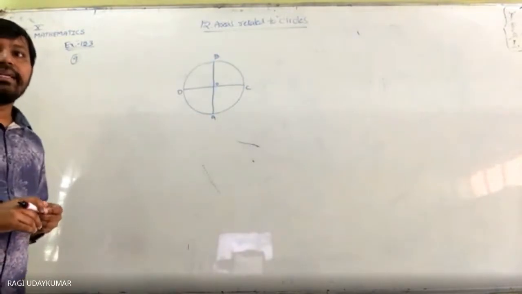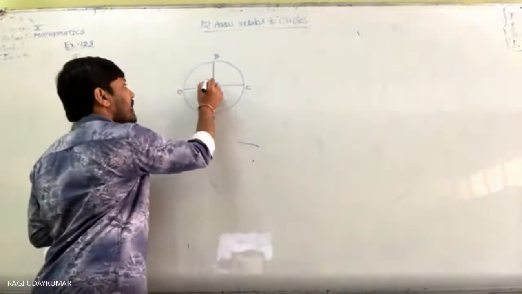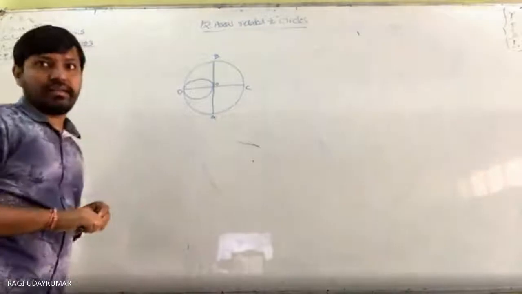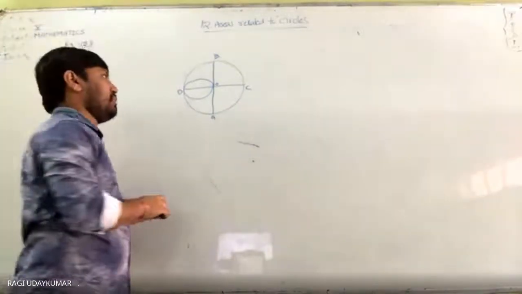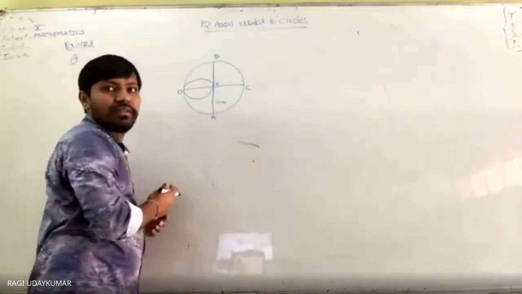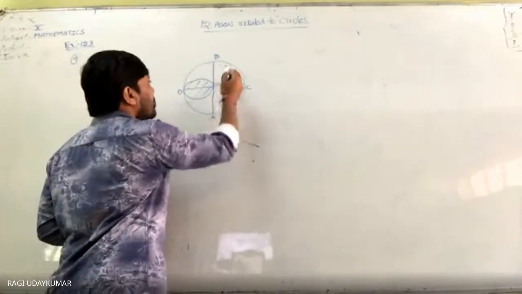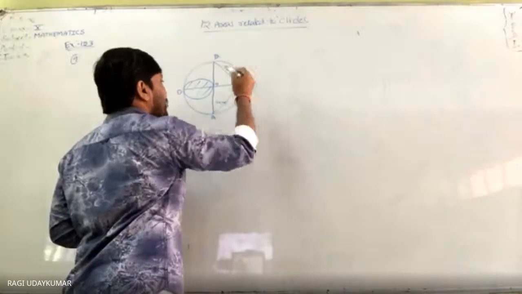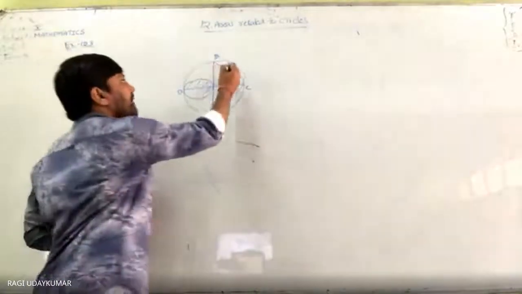And OD is the diameter of the smaller circle. Like this, OD is the diameter of the smaller circle inside. Circular path is taken. If OA is equal to 7 centimeters, this is 7 centimeters, find the area of the shaded region. This region, and here it is given to you. Can you find the shaded area?